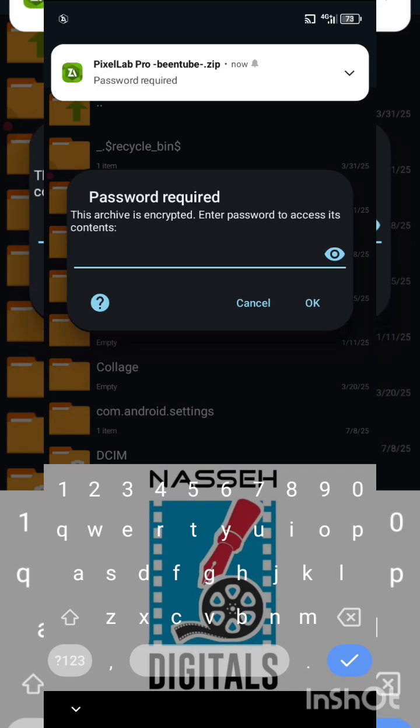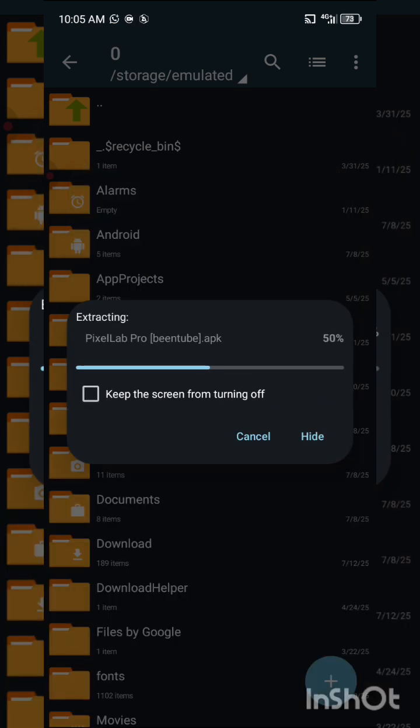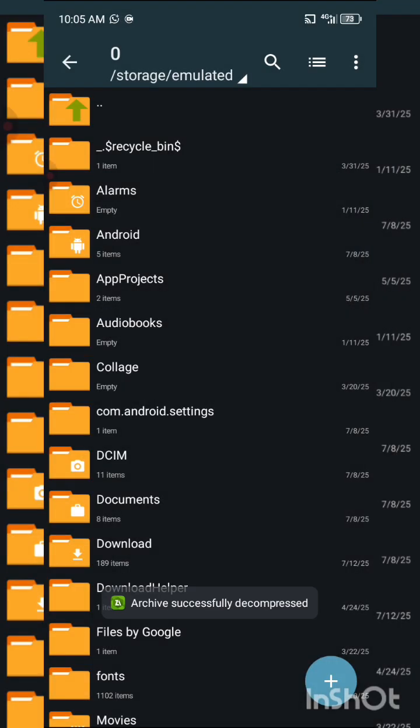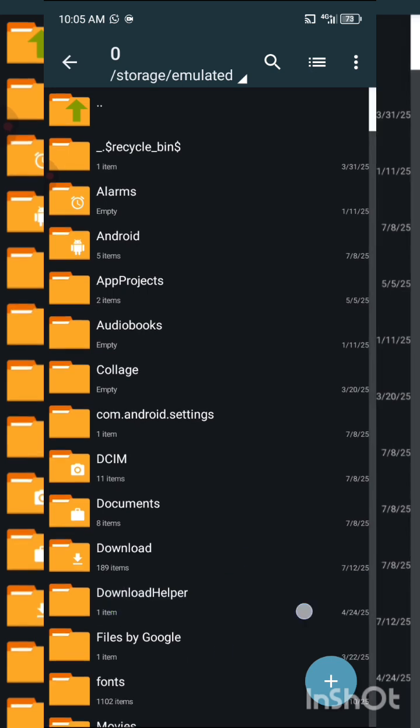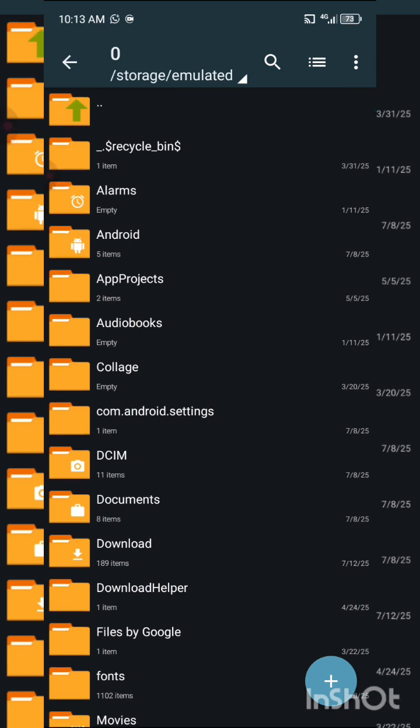Then you will be required to enter the password. To start, you can see extraction successful. Just after extraction,